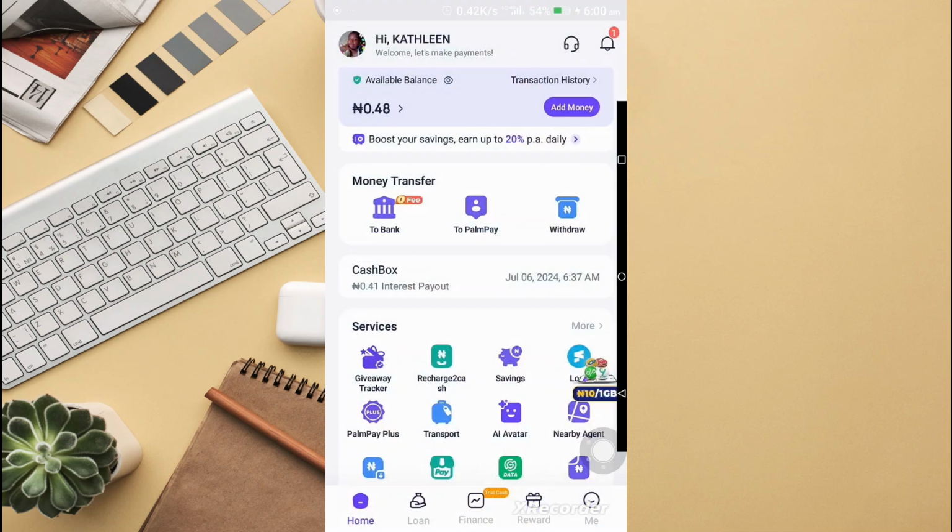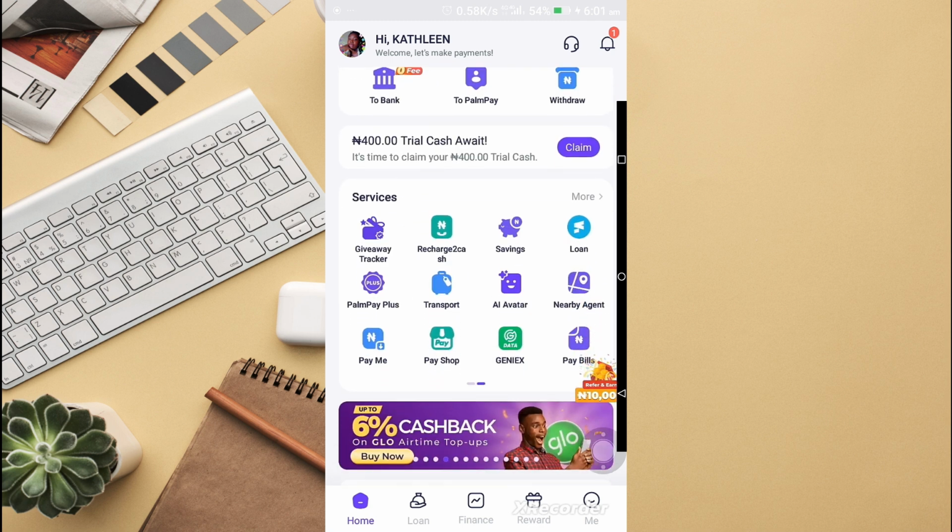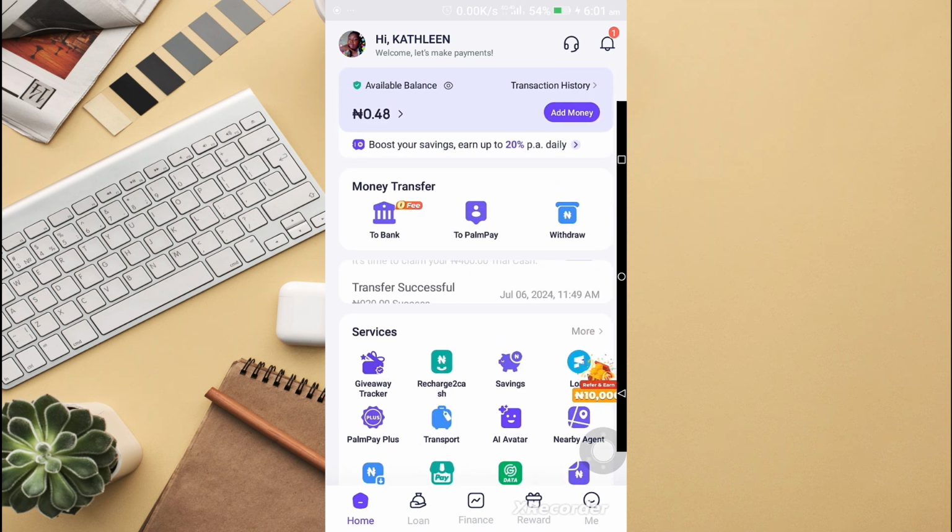How to transfer money to your Palmpay account, which is the same thing as how to send money to your Palmpay account. You cannot send money from your Palmpay app to your own Palmpay account. It's not possible. But you can have money transferred from your other accounts, like your pay account,